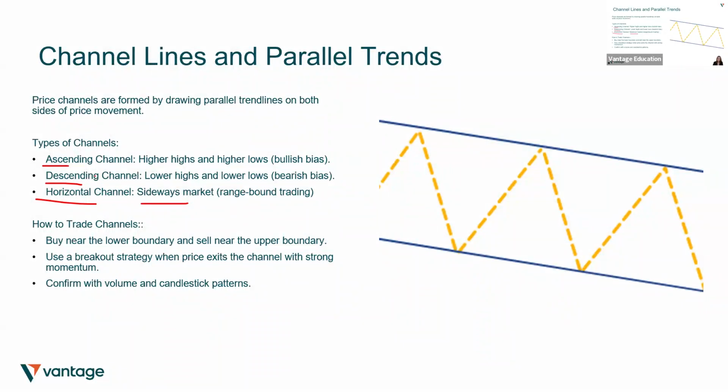ranging market. For an ascending channel, price makes a higher high, higher low. You know that is the bullish trend. For a descending channel, price is just making a lower high. Okay, so